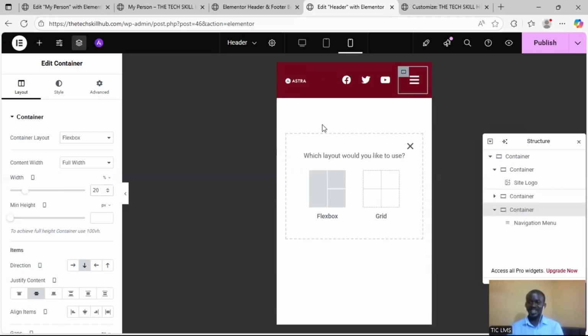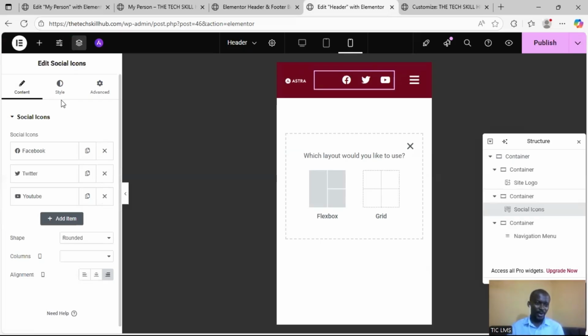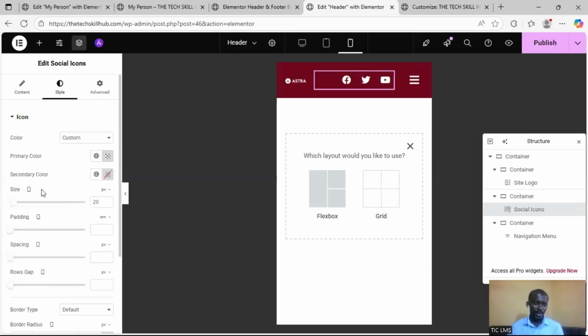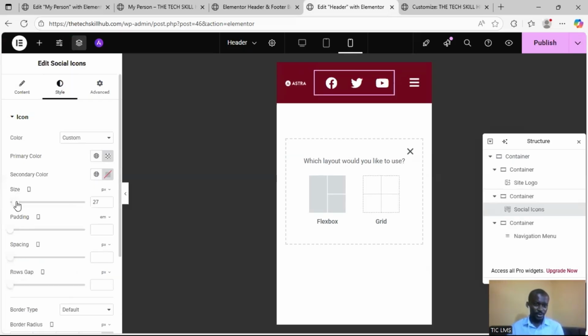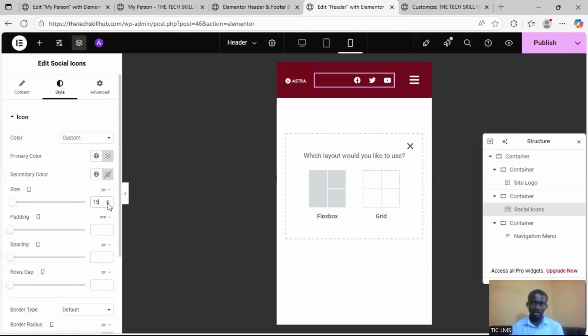So as you can see, now I'm going to reduce the size of social icons, and it's going to apply only to the mobile aspects. So we're going to reduce it from what it is. Let's have it as, yeah, so it's okay like this. So this is what it's going to look like. Then I click on publish. So we have successfully created our header,